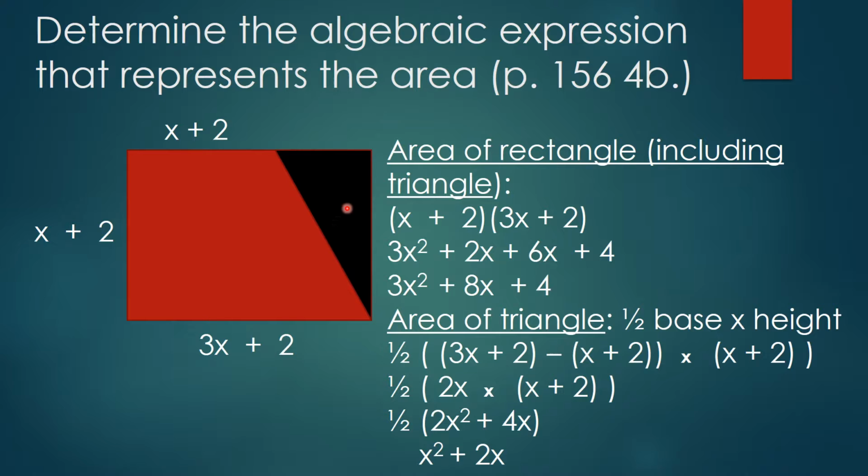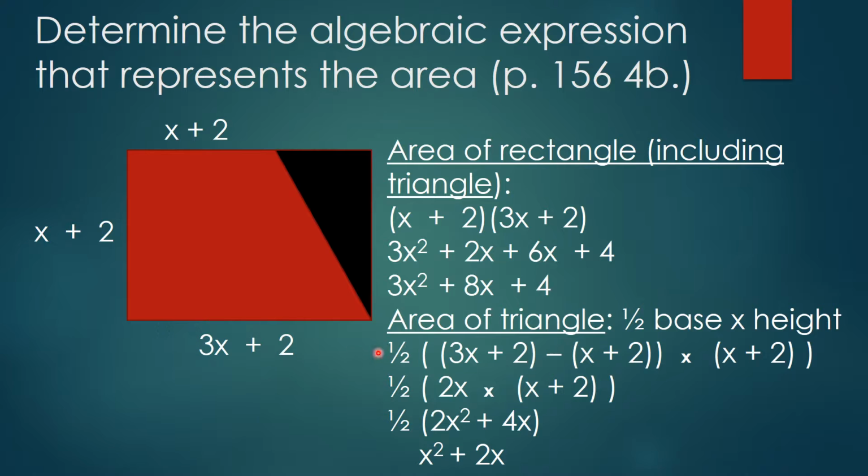Now it only wants the area of the red, so we have to subtract the area of the triangle, the black triangle. So the area of a triangle is 1/2 the base times the height. So there's the 1/2. Now this is a little bit tricky. We know that the height, we're finding this triangle. So we can find the length of this base right here, where I have the pointer, by taking, we know